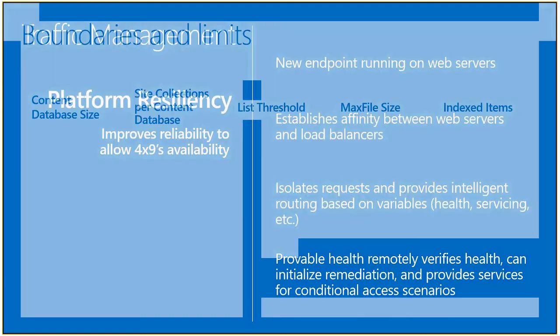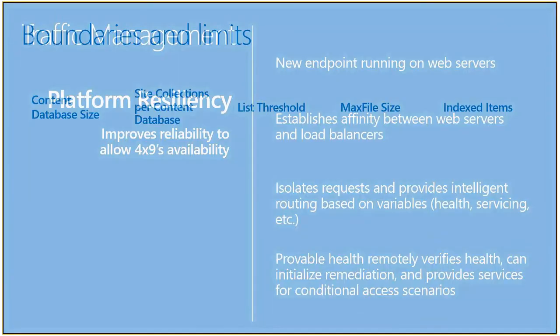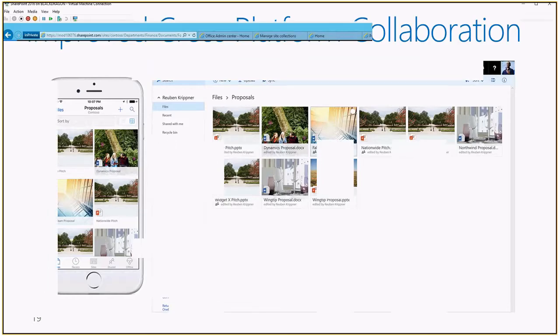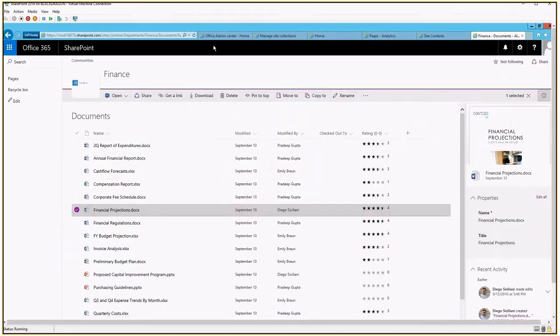And what I'm going to do is perhaps bounce back and forth between a SharePoint Server 2016 installation as well as an Office 365 platform. And there's a couple of reasons for it, and something that we didn't talk about. Until SharePoint Server